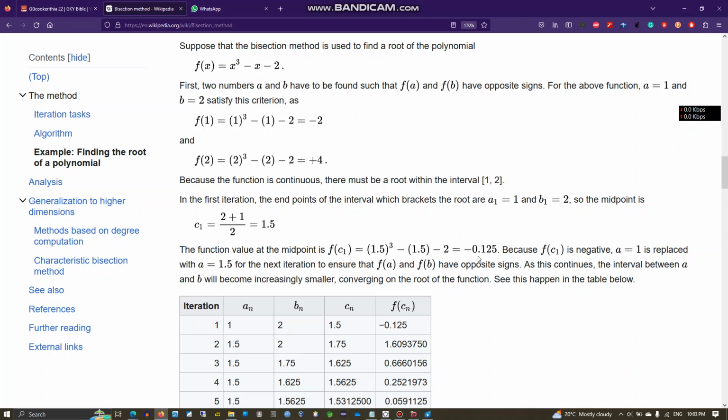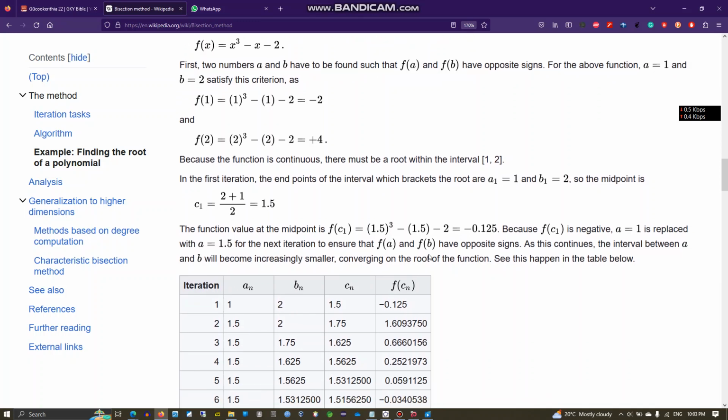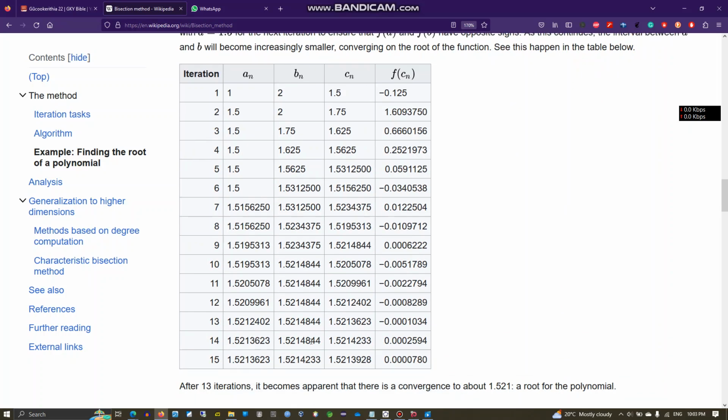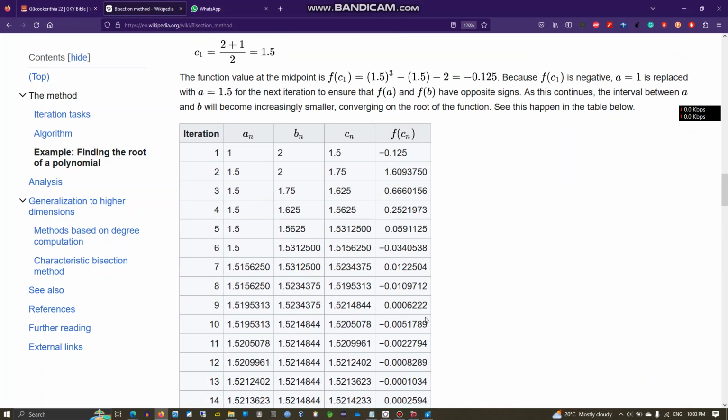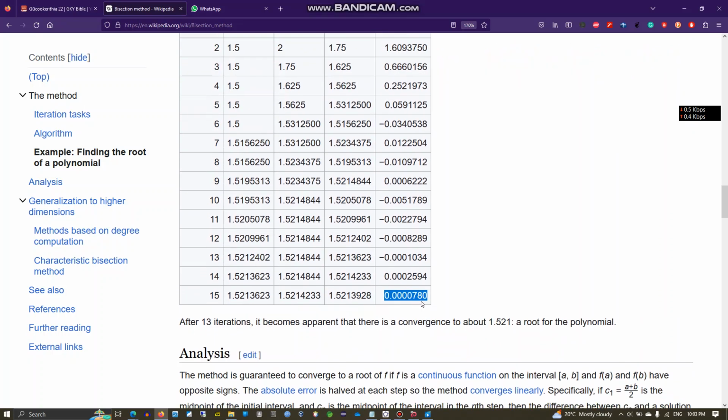Find the value of the function at that point, 1.5. If you get negative, change our lower bound, our a, to be the midpoint, to be 1.5. If you get positive, change our upper bound to be the midpoint, and the lower bound remains. Check the iteration, try to see what they're doing. Then finally, if you get the function at that point to be what you want,